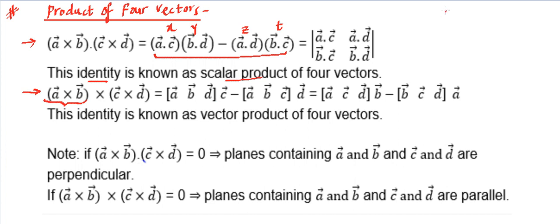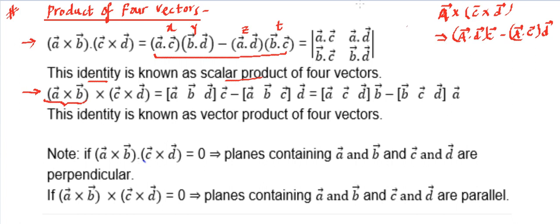Now we know if there is a vector A and we need to do the cross with vector C cross D, let's call this a vector capital A. So this capital A for us is indicating this A cross B together. So what is this going to be equal to? Can we say this is going to be equal to some sort of this? First we're going to do the dot, A dot D, and this will be C, minus, this will come together, and then we will be doing the dot with C, so it's going to be A dot C and this D vector.